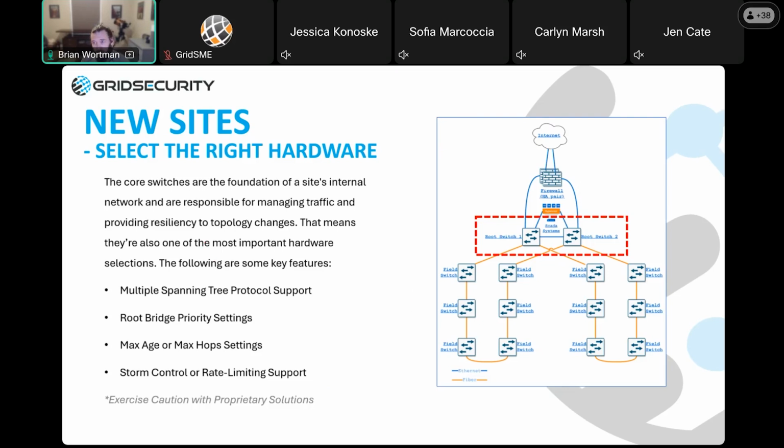Some of these switches only have basically a checkbox to say turn loop control on or off. That's not what you're looking for. What you really are wanting is to see things like supports multiple spanning tree protocol, some type of per-VLAN spanning tree protocol.